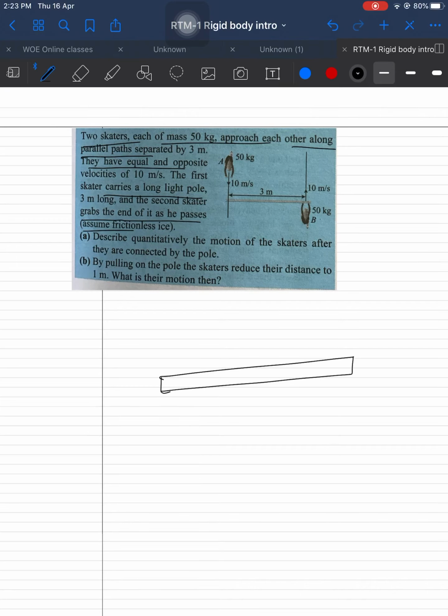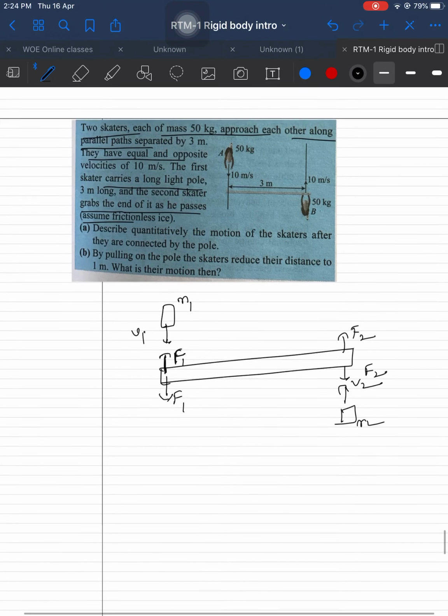So they are moving in the horizontal direction, say. One person of mass m1 is coming with velocity v1, m1 v1, and another mass m2 with v2. These kinds of questions we will study in collisions and in rotational motion, but we will study it now as well. So when they are colliding, there will be an upward force on it, and a downward force f1 and f1. Similarly on m2, there will be f2 in the downward direction, and on the rod f2 will be in the upward direction. Net force is equal to 0.